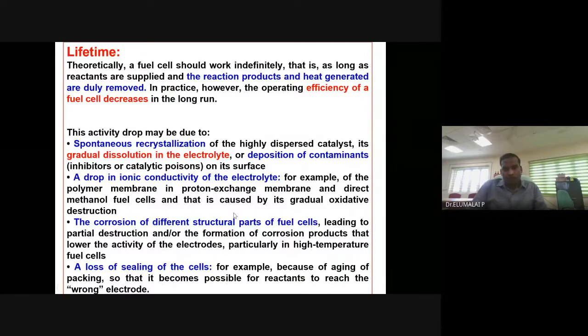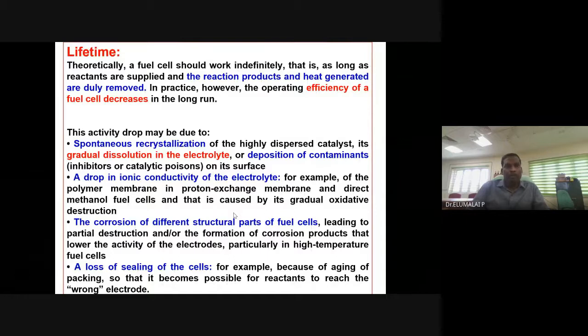So we have a limitation for the solar cell. We have a limitation for the battery. Maybe a lead acid battery can be cycled 600 to 1000 times. A secondary alkaline battery may be 600 to 800 times. A lithium ion battery can be cycled, charging and discharging, more than 1000 times, 2000, 3000 times. After that its lifetime is over. It will not serve the same purpose. It will serve, but not at the same performance.